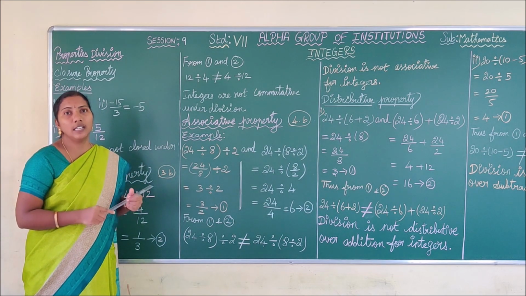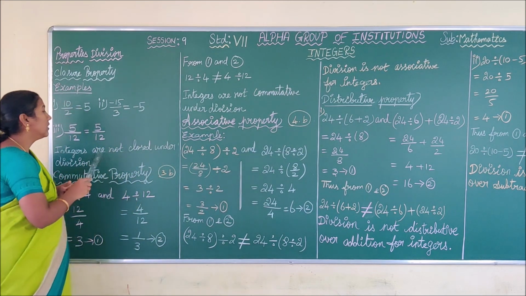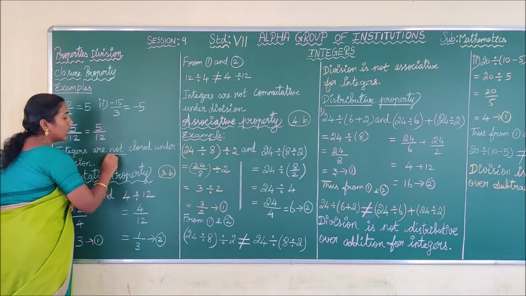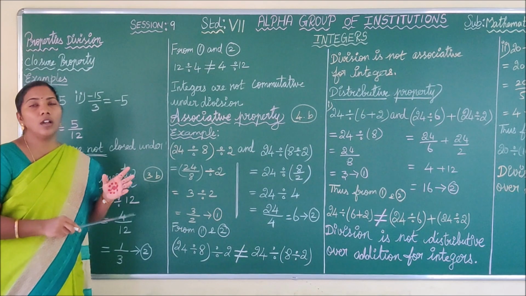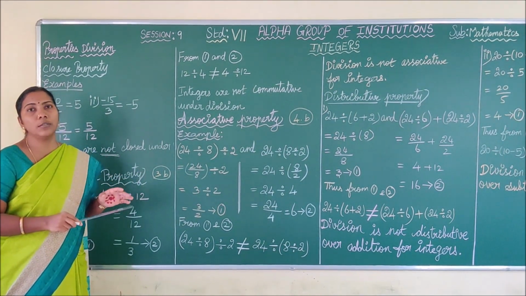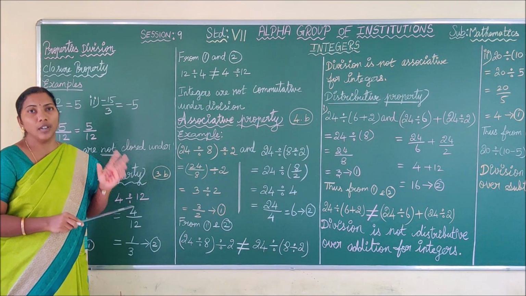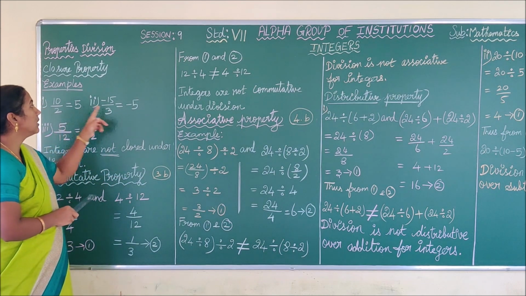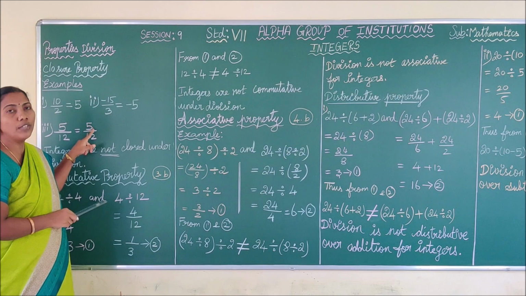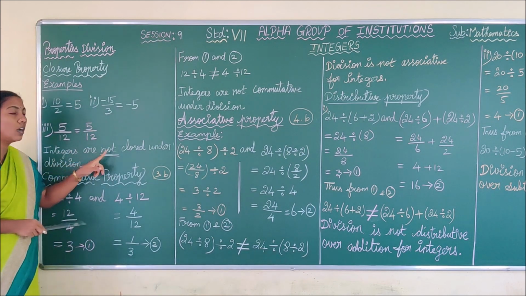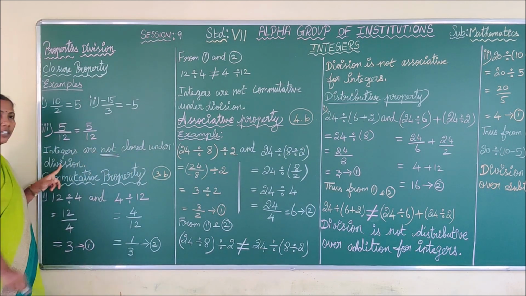may not get an integer. So, we can say integers are not closed under division, because suppose you are passing all the subjects and you are failing one subject, it means the rank should not be issued to you. Like that, the result is sometimes an integer and sometimes it is not an integer. So we can say integers are not closed under division.